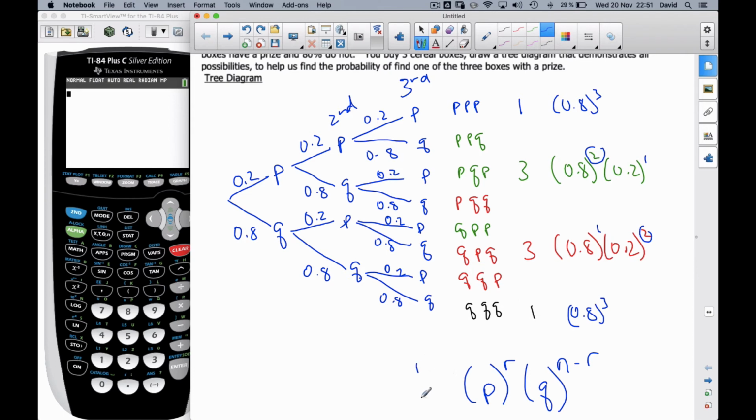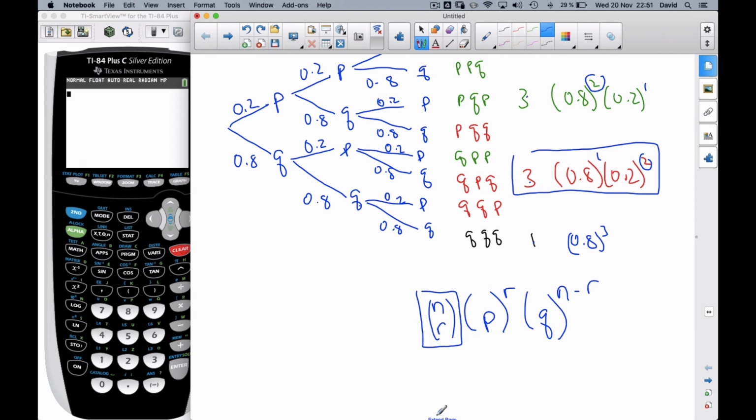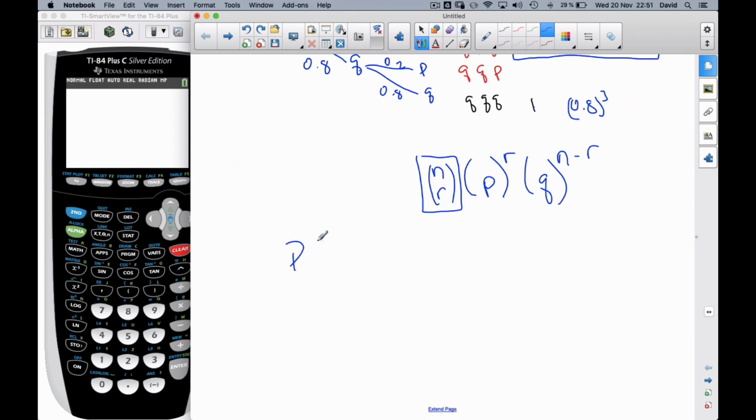And then there's always some kind of value in front here, which counts how many ways it's possible. And this is n choose r goes in front. And this here is a whole other calculation, but it ends up getting 1, 3, 3, or a 1, depending on the situation. And so if I was going to do the probability of exactly 1 prize,